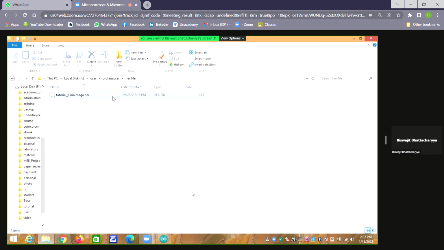In this manner, our Arduino IDE and Proteus software remain separated. So if any update comes in future for either Proteus or Arduino, updating one software will not harm the other, because the hex file within the Arduino environment is not linked with the Proteus software. I have copied that hex file somewhere else, and then I am linking that file with Proteus. That is a better way. You may follow this or not, but that is a better method. That's why I'm giving it to you.